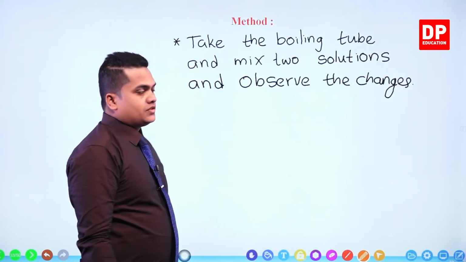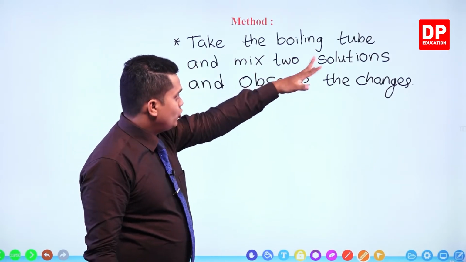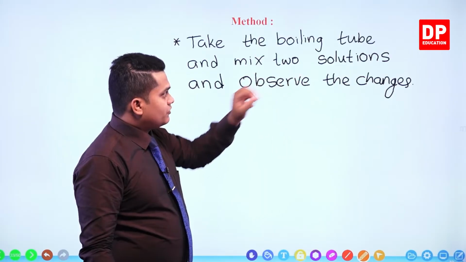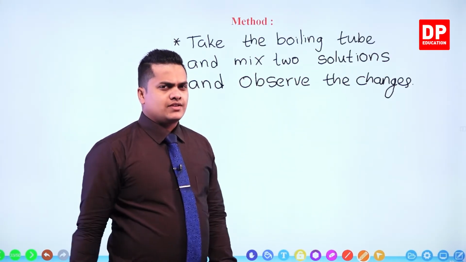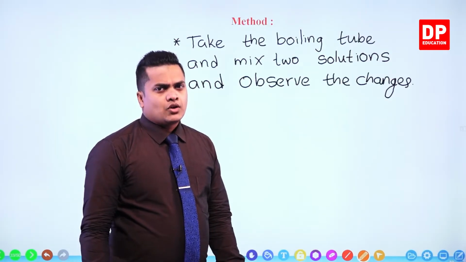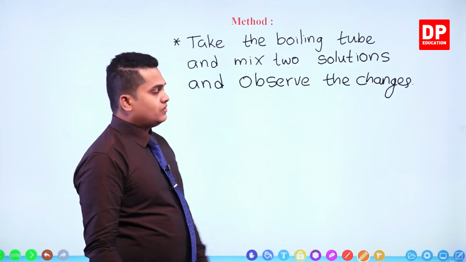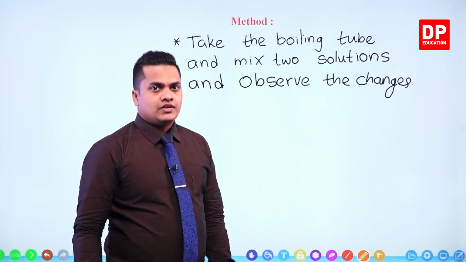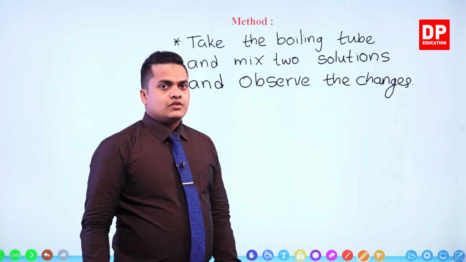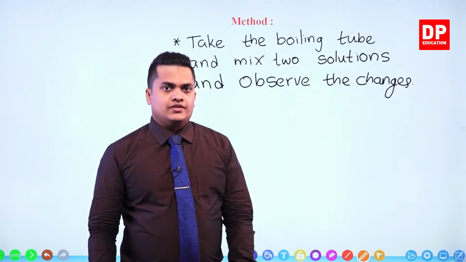It's really simple. What you have to do is take the boiling tube and mix the two solutions, sodium hydroxide solution and the copper sulfate solution together, then observe the changes within the system. So let's head on to the lab and mix these two solutions together and see